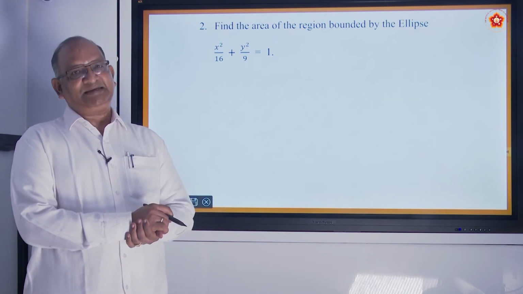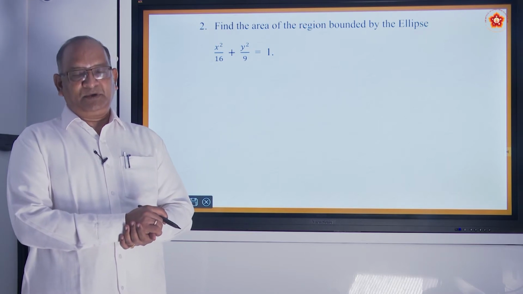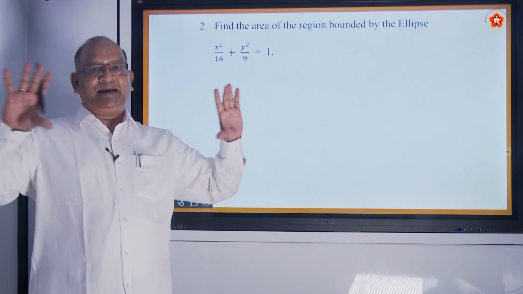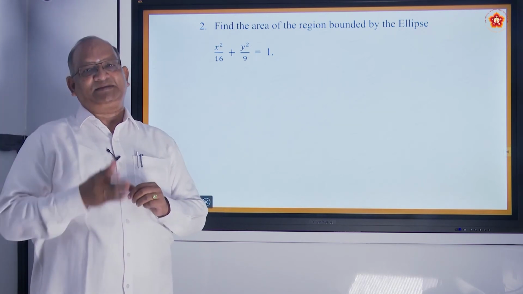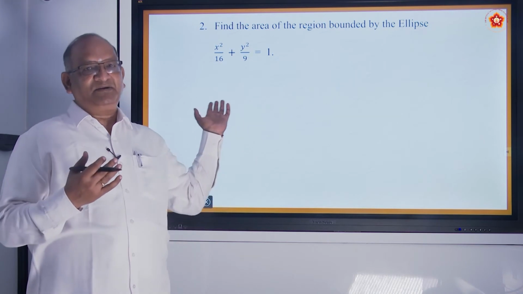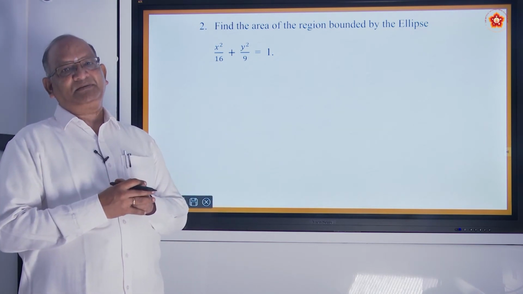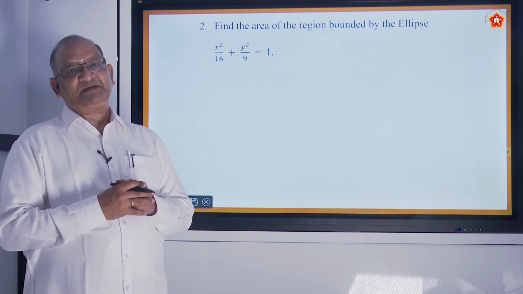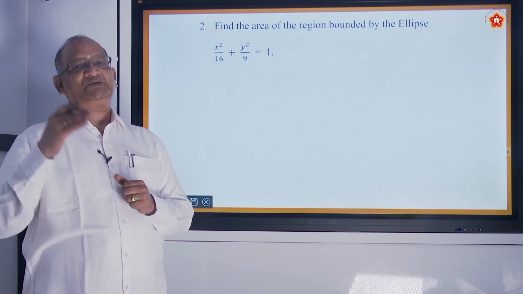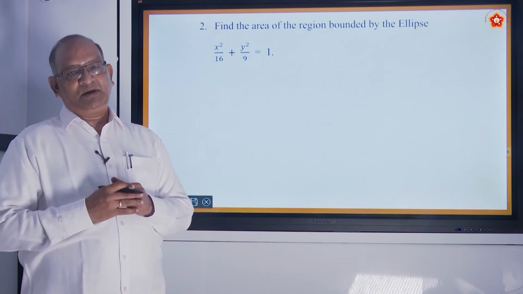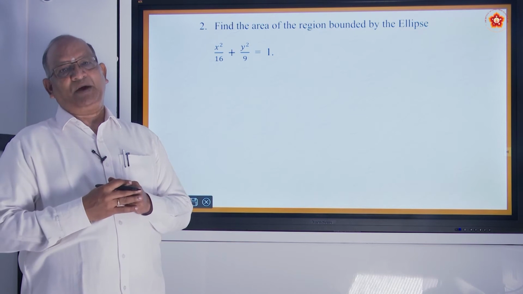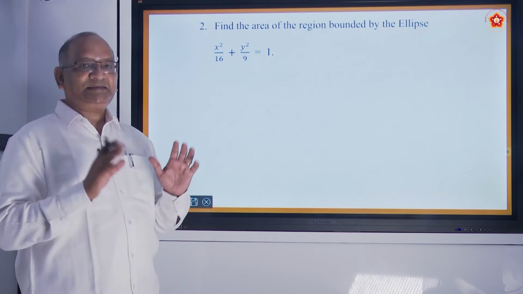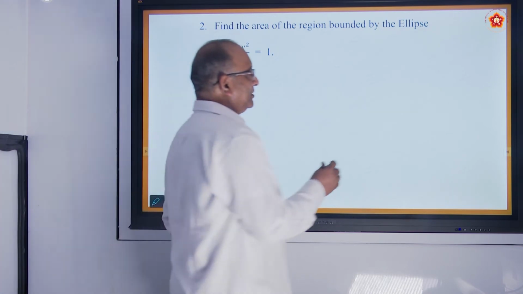For example, this is the equation of ellipse. Even in ellipse, we have got two types of ellipse. One along x-axis, one along y-axis. How do you decide which kind of ellipse it will represent? By looking at the denominators. The standard equation of ellipse is x square upon a square plus y square upon b square equal to 1. When a square is greater than b square, the ellipse is along x-axis. So this particular ellipse is along x-axis. So draw the ellipse.